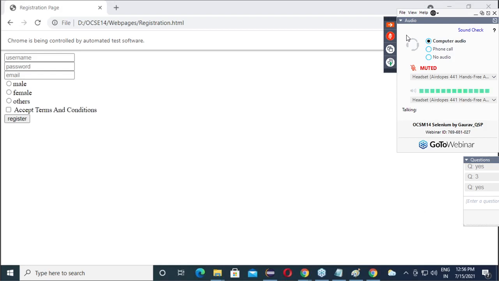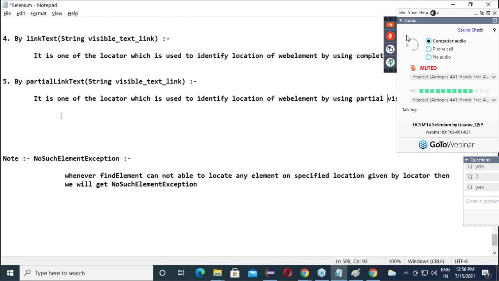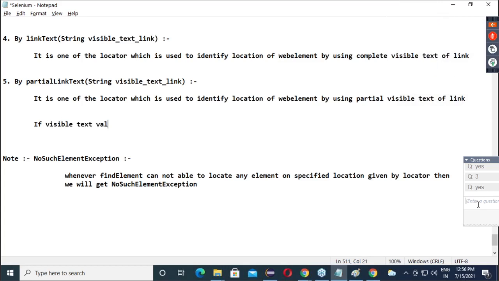So guys, where we should use link text and partial link text. If the visible text value is dynamic in nature, then we will go for partial link text. Guys, note down this.